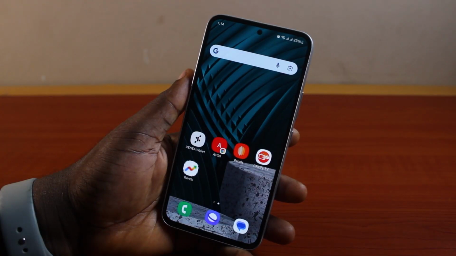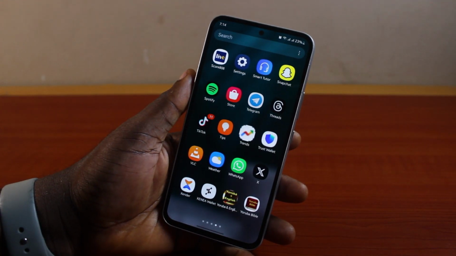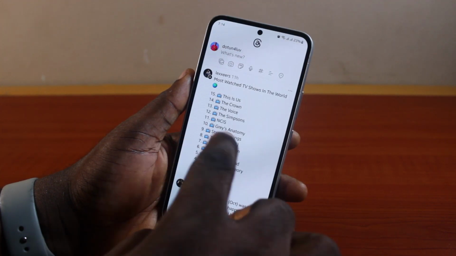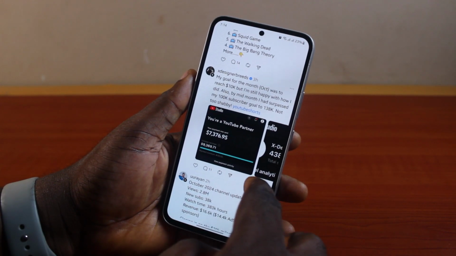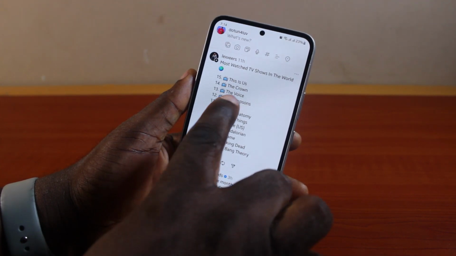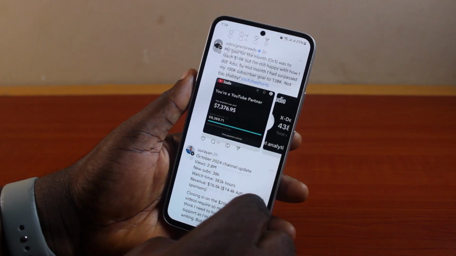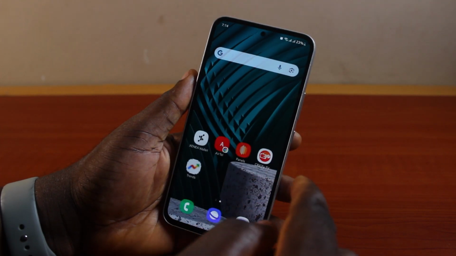How to see comments and replies on Threads. So if you use Threads on your Android or on your iPhone, and you're just scrolling through the Threads page, and now you found out that a particular thread has comments, and you're trying to read the comments but don't know how to go about it, then this video is going to walk you through how to do this step